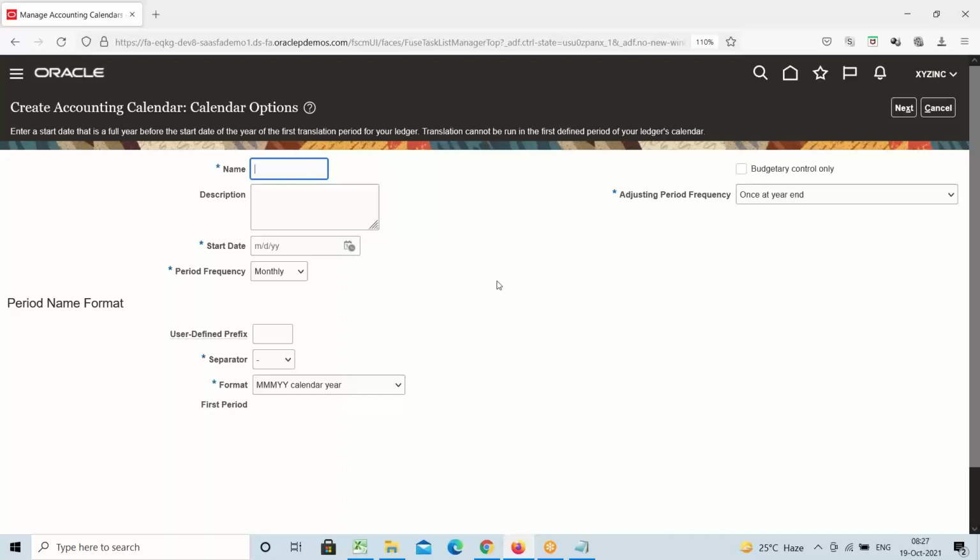There is a separate concept called rapid implementation. There, without entering anything in the system, you will be able to create many setups through a spreadsheet. We will work on that concept very soon, maybe within a week. When we are dealing with that, we'll use some company name and proceed. For now, we will proceed with XYZ Inc. as our client. Now simply here we can give the name as